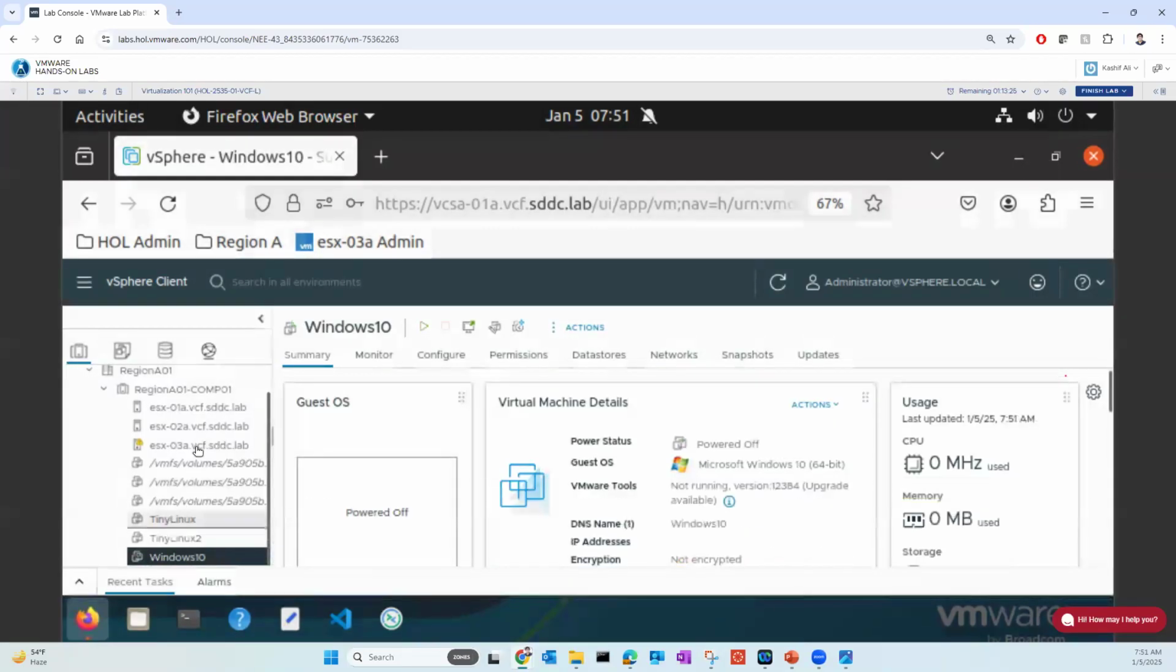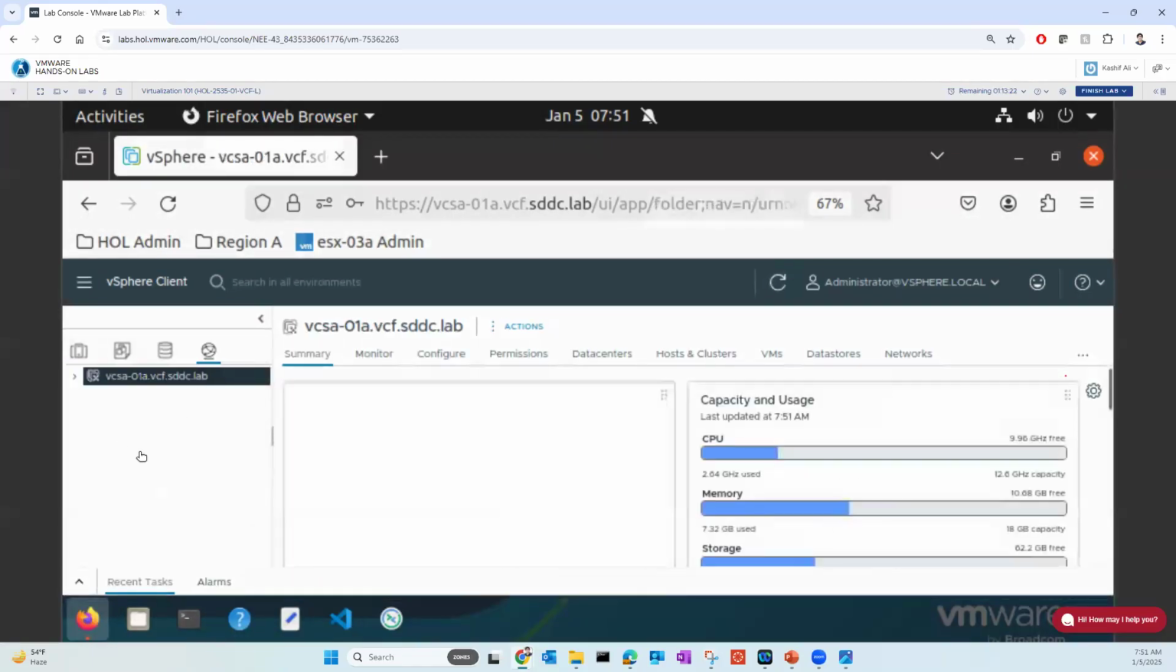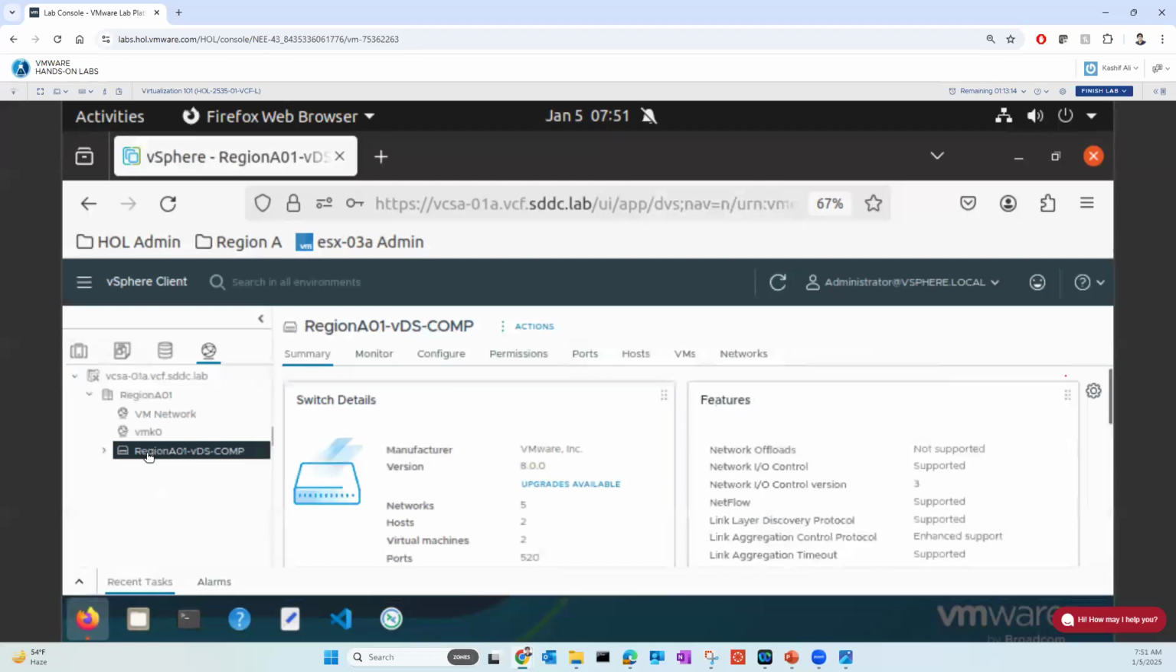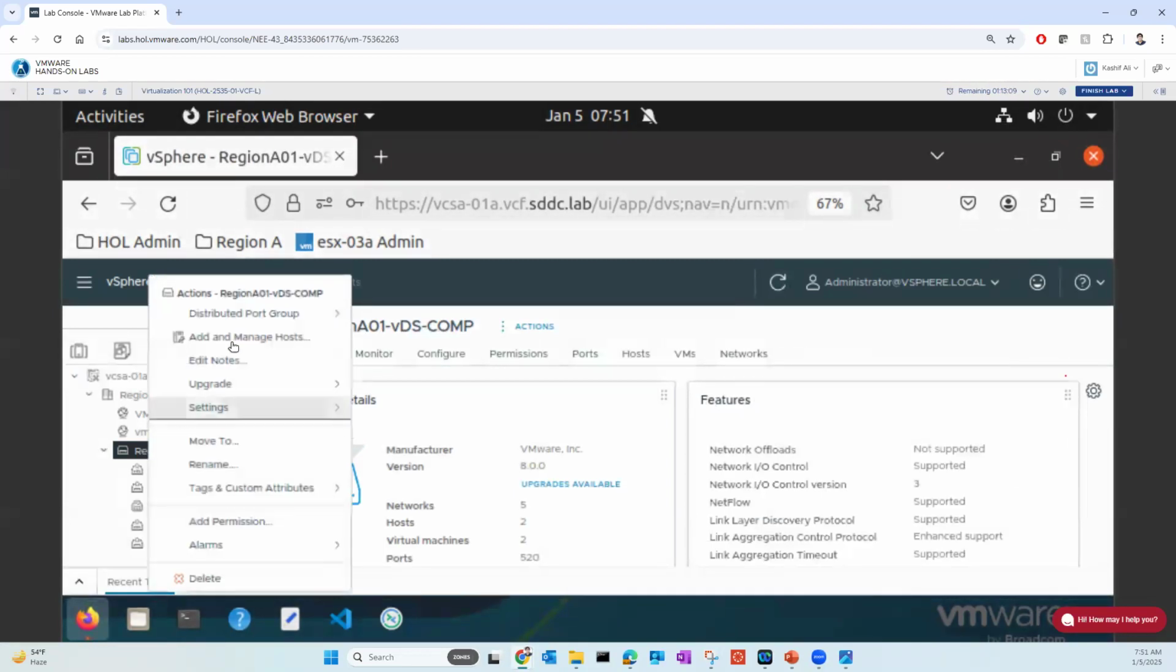Basically, when you enable the DRS feature on your cluster, each VM has its score. So if a virtual machine score is near to,